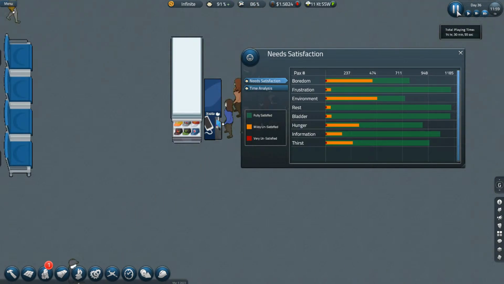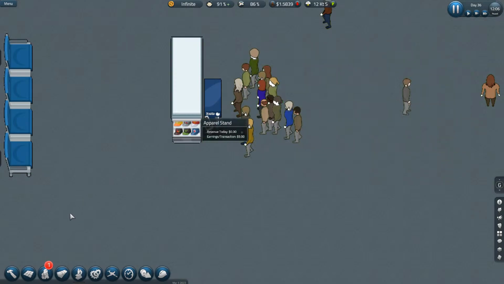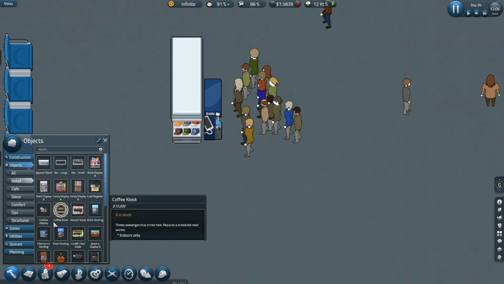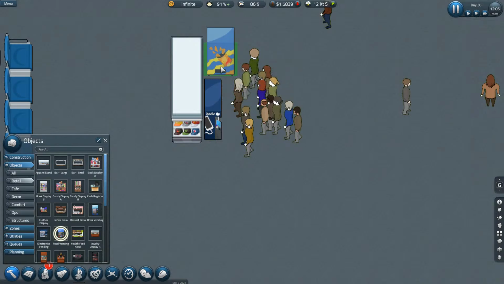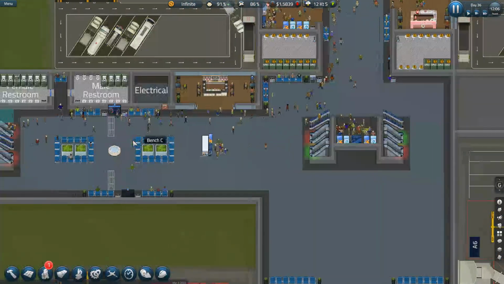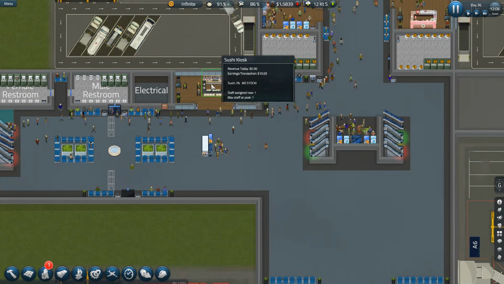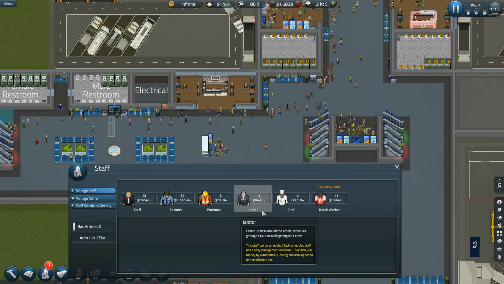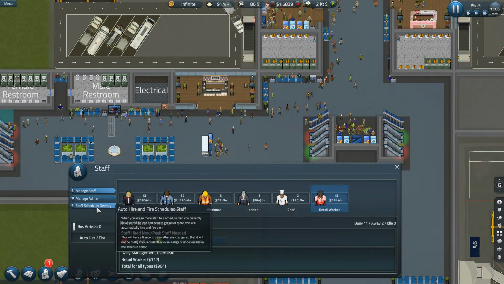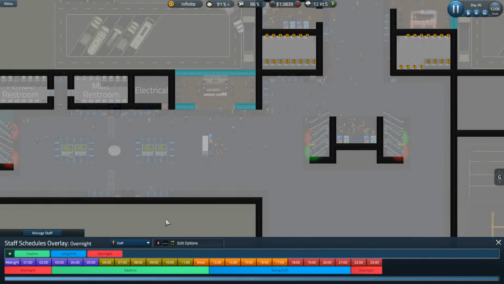Really, neither. They're a little more hungry than they are thirsty. Okay, good. That's good information. All right, so now, objects, retail, food vending, boom. Okay, so now we need to hire 2 more of these people. Boom. Set their